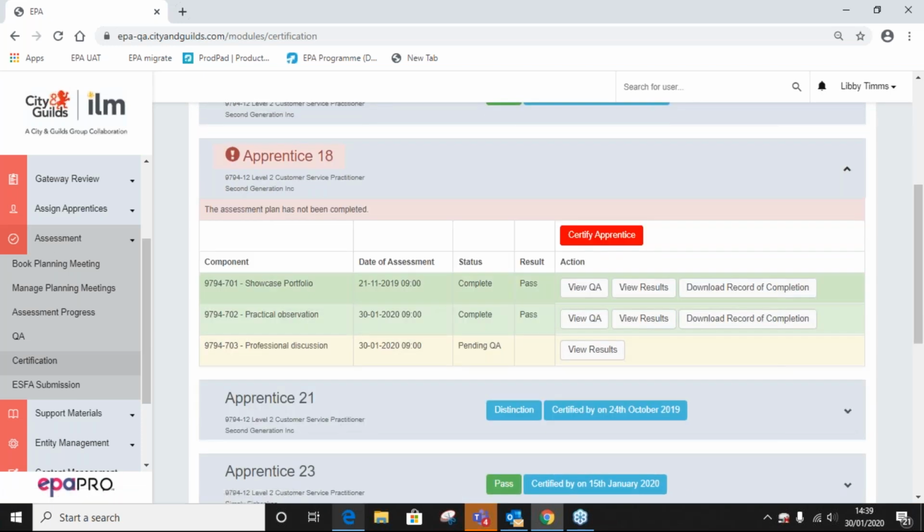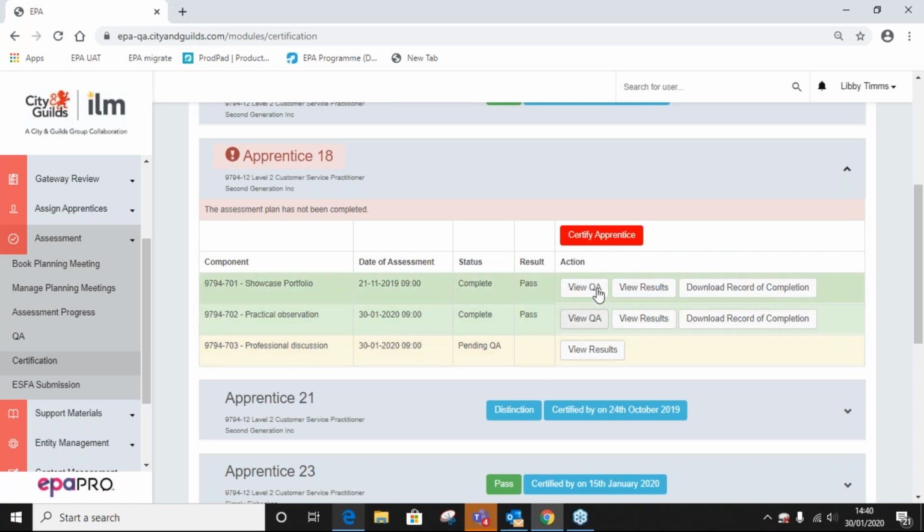By clicking on this, we can clearly see that the showcase portfolio has been completed as a pass, and the practical observation has been completed and passed. At the bottom, we will see that the professional discussion is pending QA.